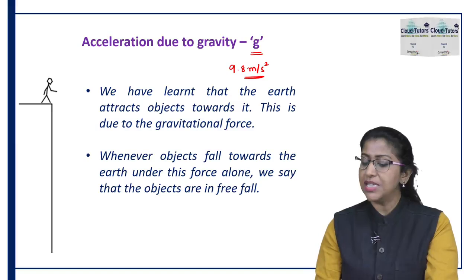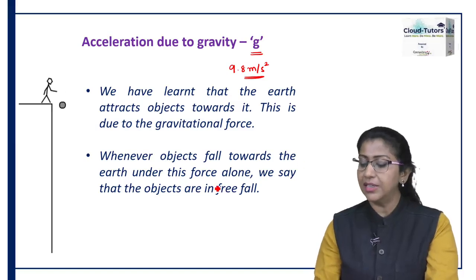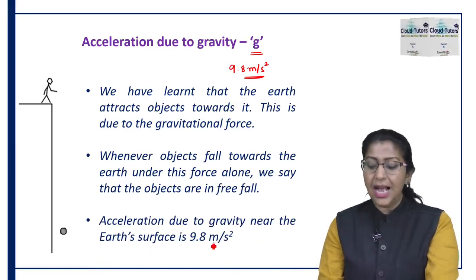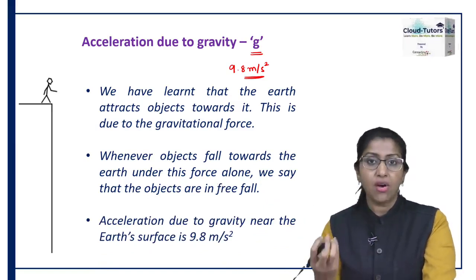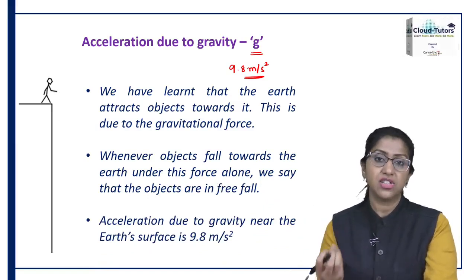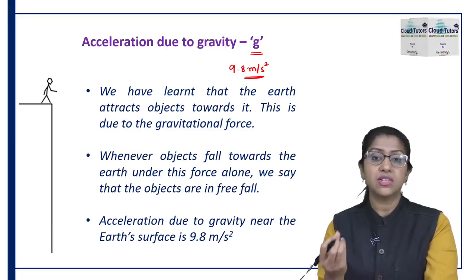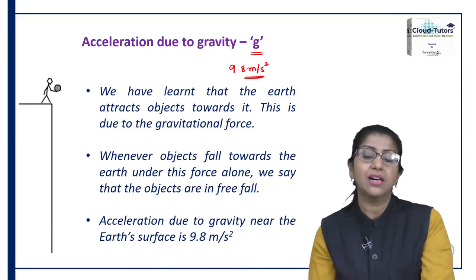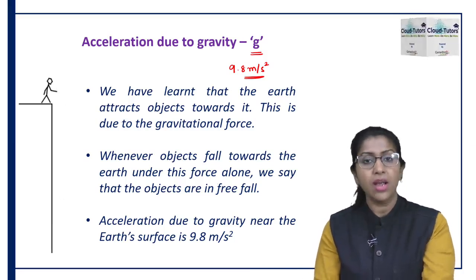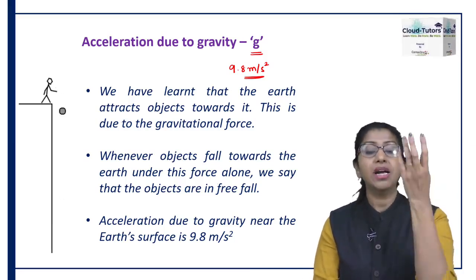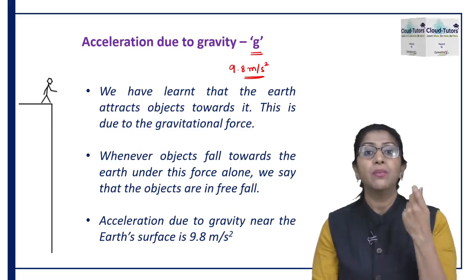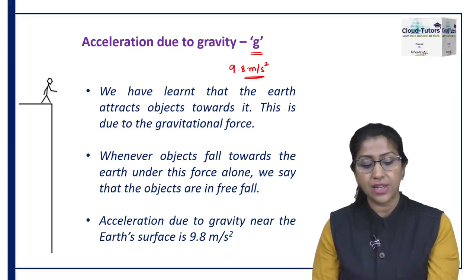So whenever objects fall towards the Earth under this force alone, we say that the objects are in free fall. Such objects have acceleration due to gravity, which is a constant value. So basically they are moving towards the Earth with a uniform acceleration. When an object is thrown upwards, they are moving upwards against the influence of gravity with a uniform deceleration or